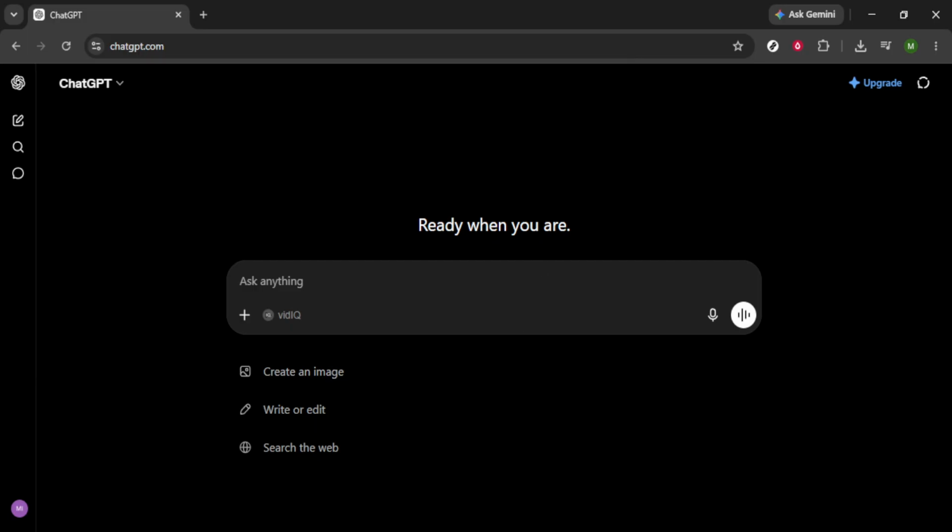Instead of spending hours trying to figure out the perfect wording, ChatGPT can assist you in crafting clear and persuasive